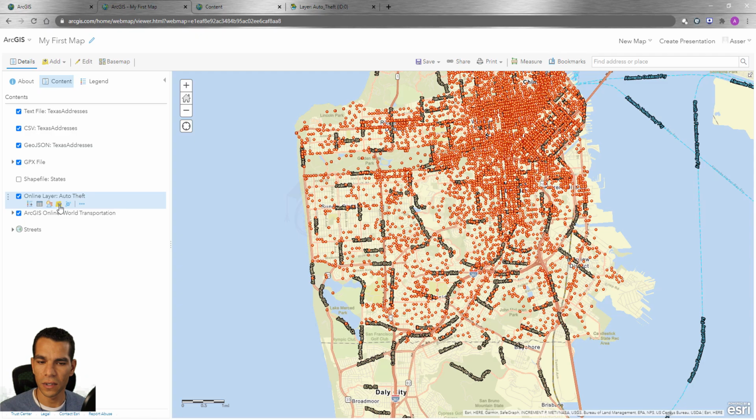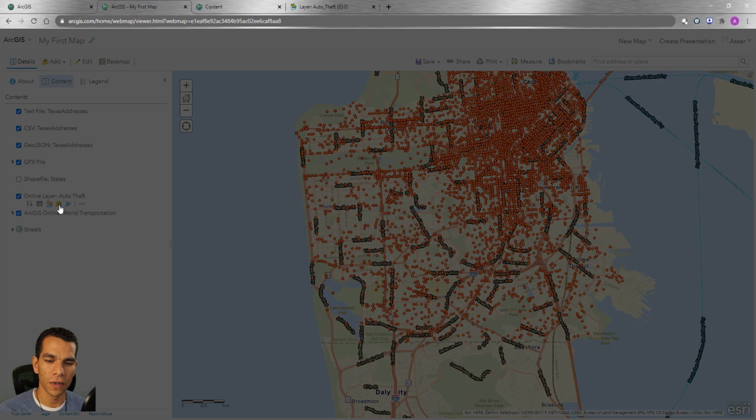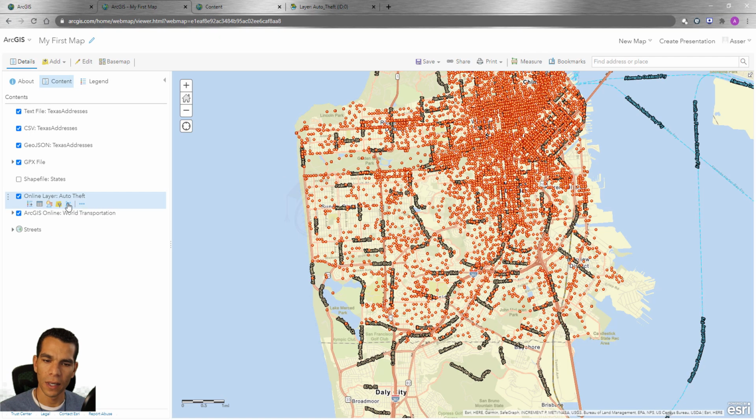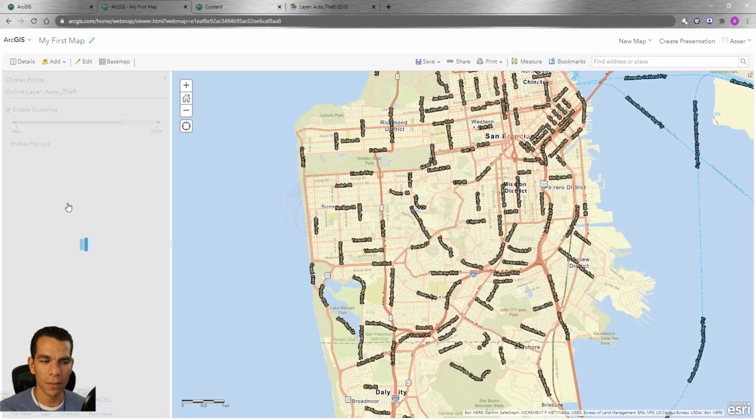And here is the filter, as I told you, similar to query definition in ArcGIS Desktop or ArcGIS Pro. And here is how it works, very similar to how ArcGIS Pro looks right now, and in the next videos we will see how we can do expressions and how we can filter our map. The next option here is cluster points, and this one will allow you to minimize and cluster your points,